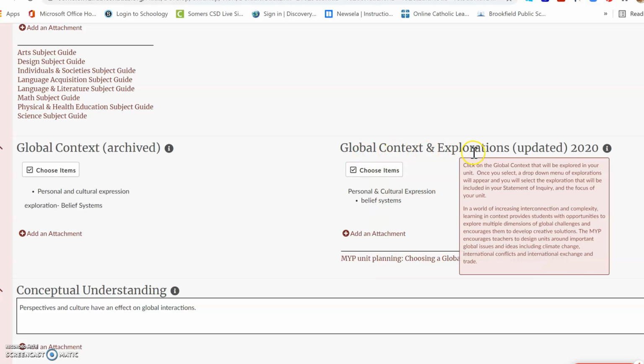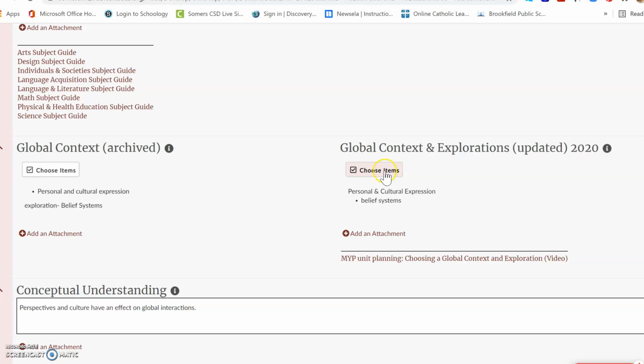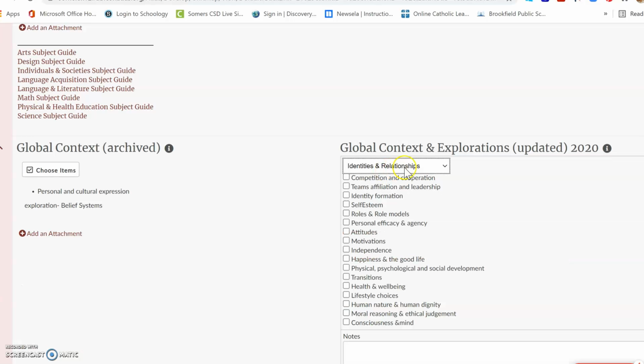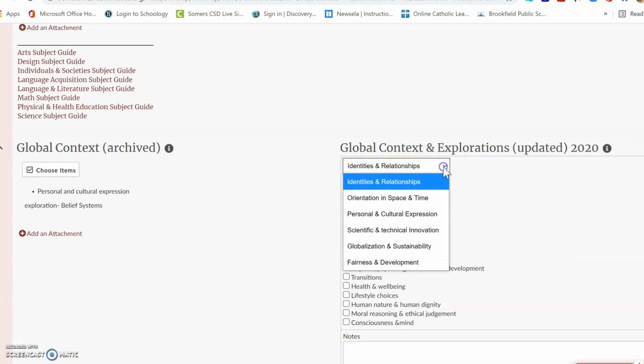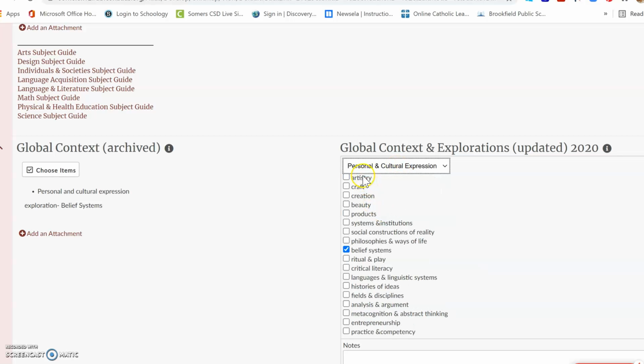So when picking your global context, you click on Choose Items, and here are the 6 global contexts. They are not subject specific. They are the same 6 global contexts for all the subject groups. Once you decide on your global context, you click on it, and all the explorations that correlate with that global context will come up, and then you can click on it, and once you click off, you save unit, and